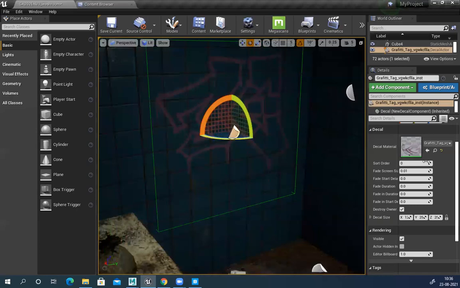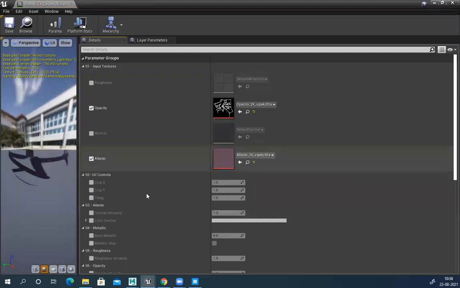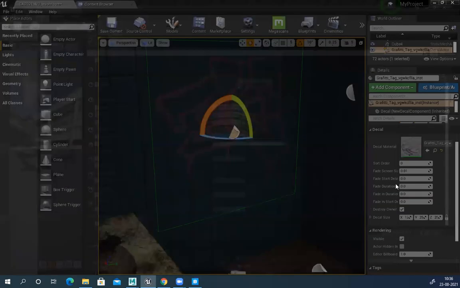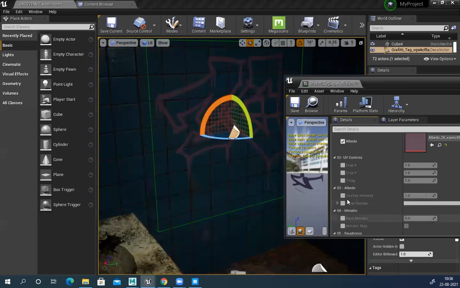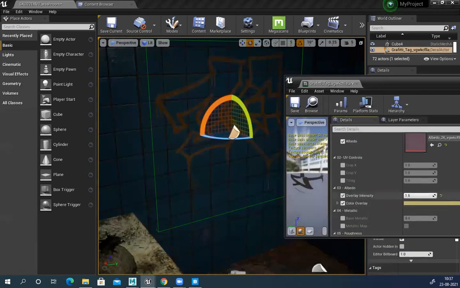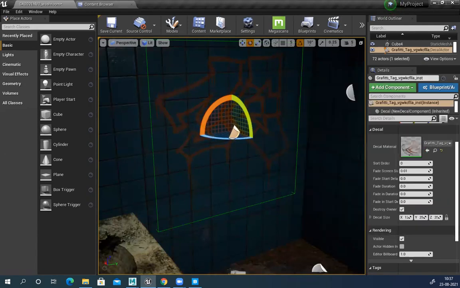And if you want to change the color or something, you can double click this material. I can see you have color overlay. It changes color also. Intensity can increase to make it look brighter. You see, you can change the color also here. If you want, you can definitely modify it.